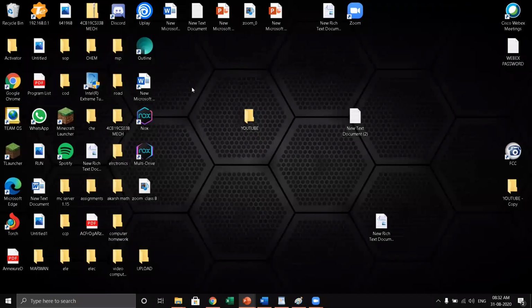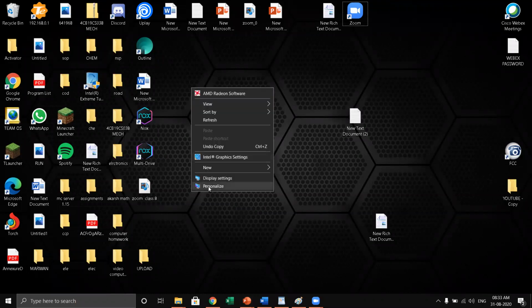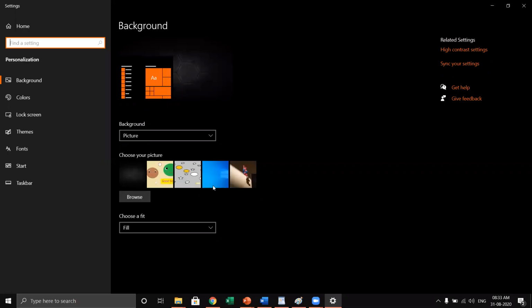Now I'm back to my desktop. Right click, click on personalize. You can see the pop-up menu box here. Now you have to click on lock screen here. I told you last class, I am using Windows 10. Windows 10 and Windows XP have some slight changes. I will let you know the changes afterwards.